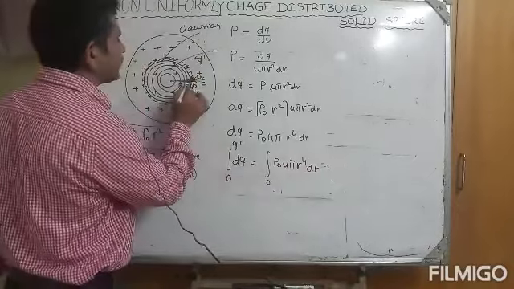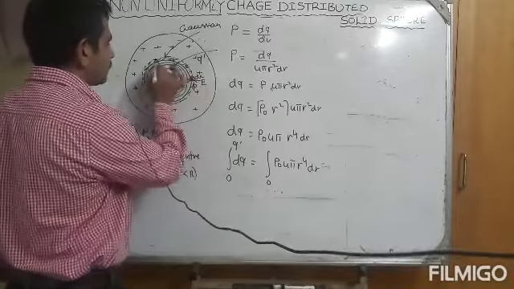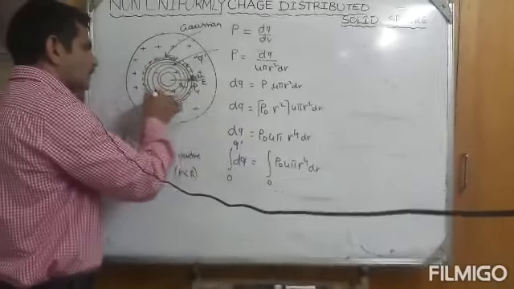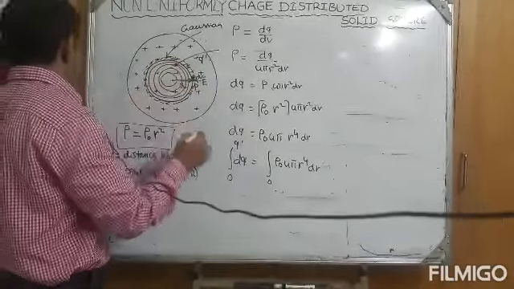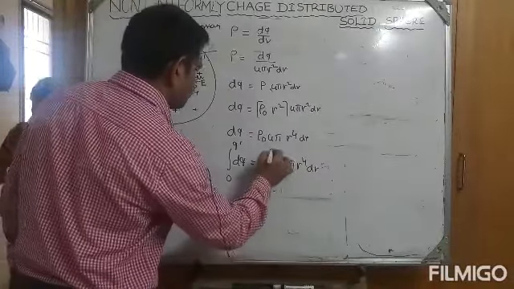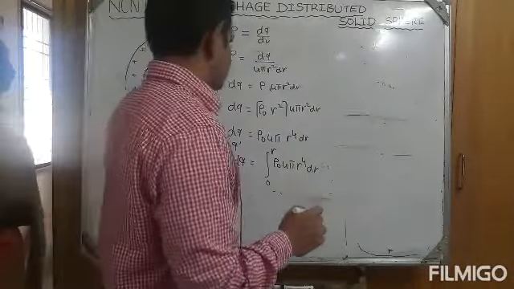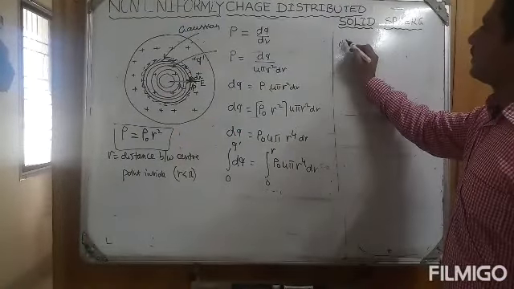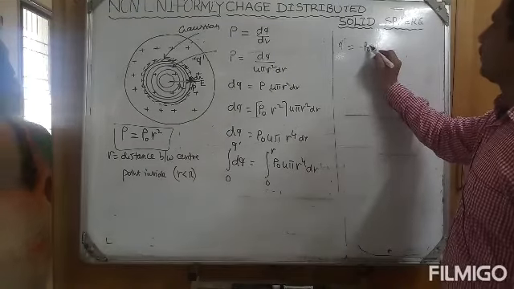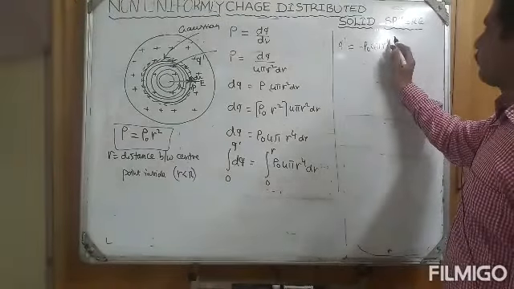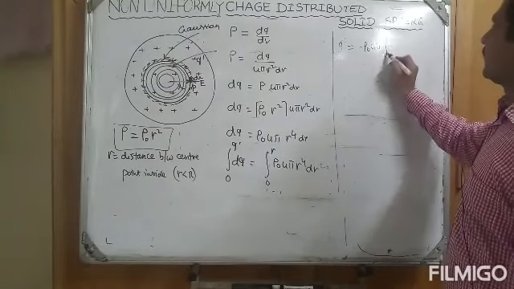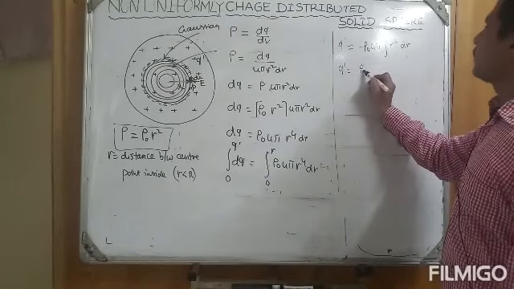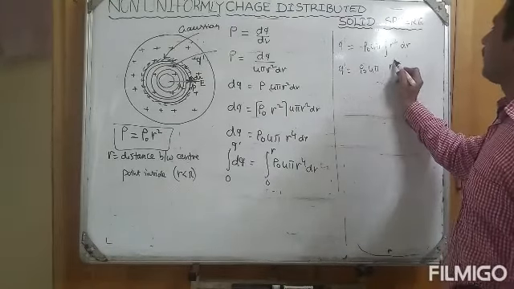Up to where you are doing the integration, you are finding the electric field intensity here. So this part you have to go for integration, because you have to find the charge inside this surface. Therefore you can take 0 to r. dq, that is q dash, is equal to rho naught 4 pi integration r power 4 dr. Therefore q dash inside is equal to rho naught 4 pi r power 5 by 5.